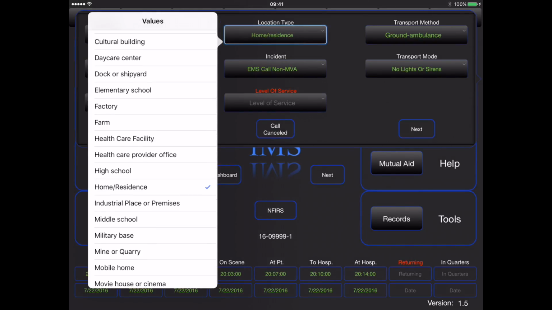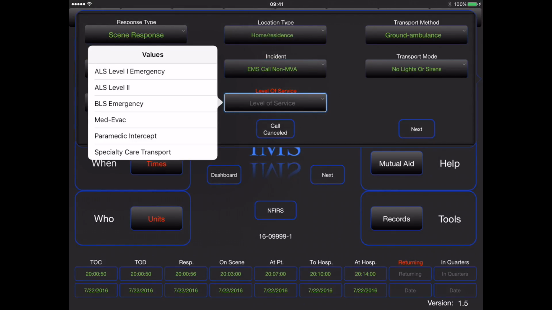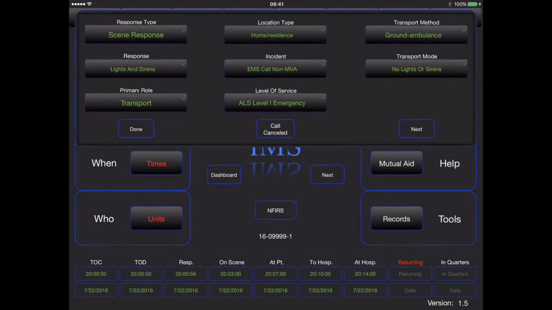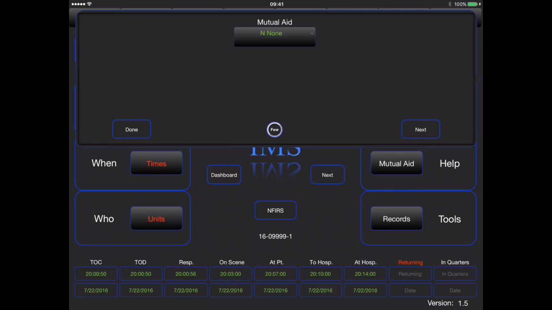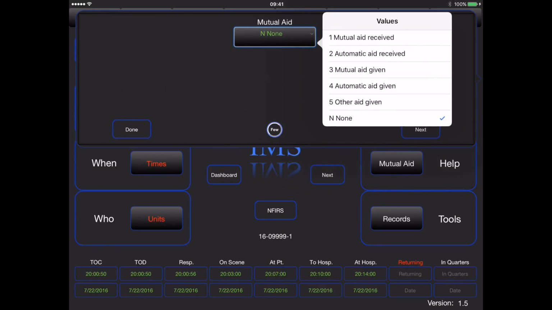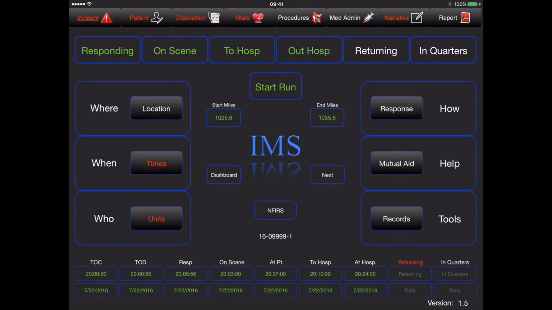We'll select the location type, the incident type, and the level of service that we provided. If we transported with lights to the hospital, we can change that. And if we had any mutual aid companies that assisted us, we can put those in here. Go ahead and enter our returning time with the button. We can also indicate an in-quarters time. If we were wanting to make any changes to any of the tabs that we had previously interacted with, we can still